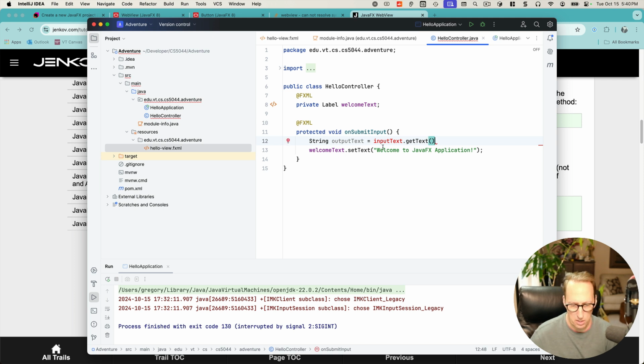If setting the text is called setText, it's a good bet that getting the text is called getText. Unfortunately,